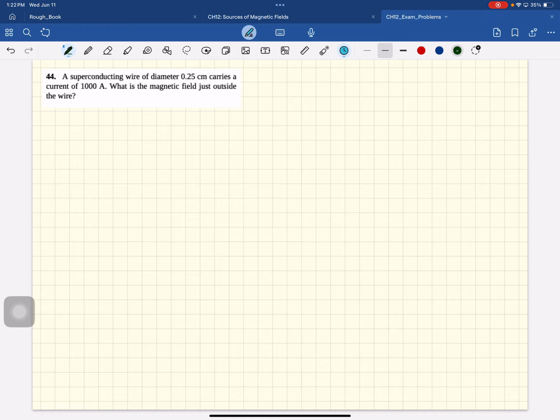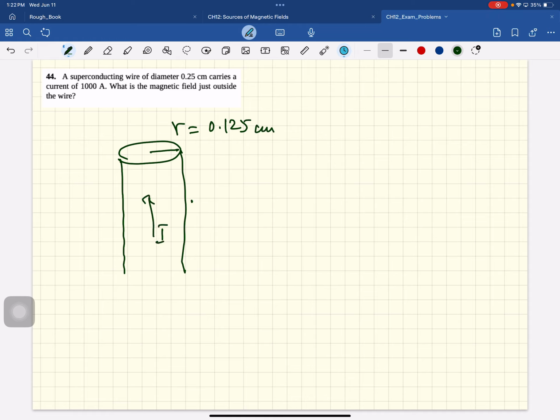Okay, so the radius of this wire is 0.125 centimeters. And they want you to find the field outside. Okay, so the field outside, what would be the direction of the field? There. And once you're outside, the field B is mu naught